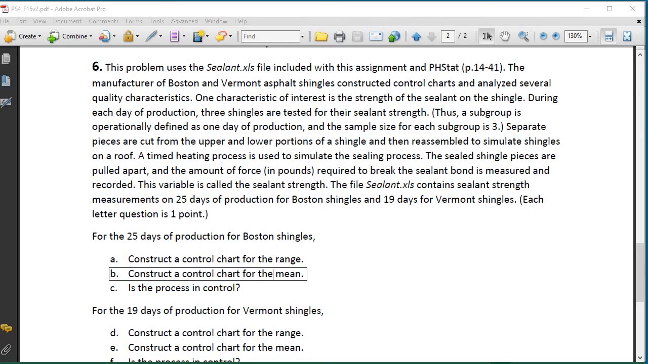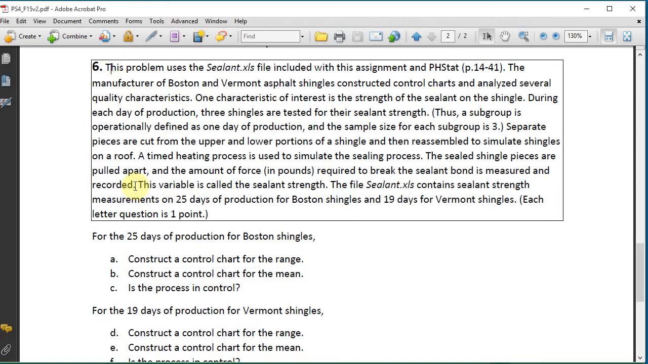Set 4. This is the last problem, number 6, and we're going to do another control chart problem, using the sealant.xls file. Let me read this to you. 6. This problem uses the sealant.xls file included with this assignment and PHStat,